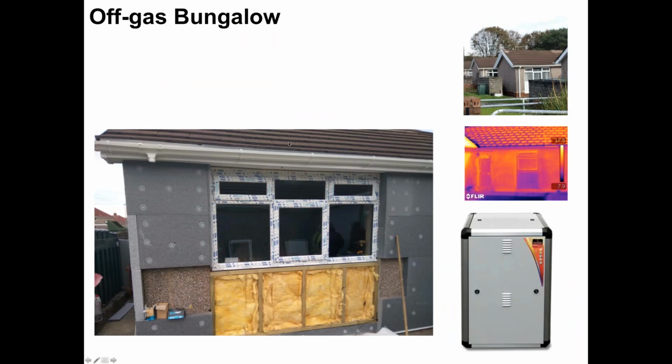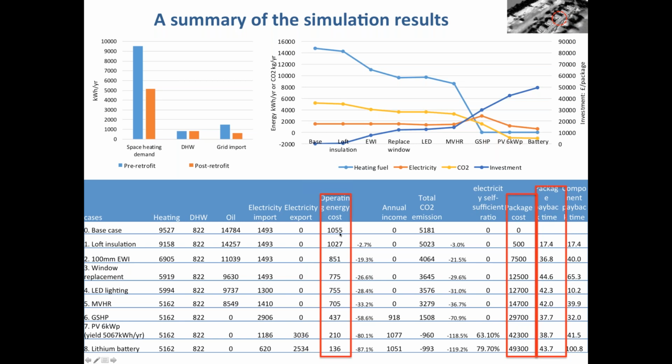So I don't want to dwell too much on these. This is another project, a bungalow with external wall insulation, and there's insulation over this part of the panel-based construction. In this case, we're looking at a ground source heat pump. And again, the costs. Quite large reductions in costs, about £900 a year. The package costs approaching 50,000, largely because of the ground source heat pump. But there we get renewable heat incentive, which brings the cost down a little bit over time, and the payback